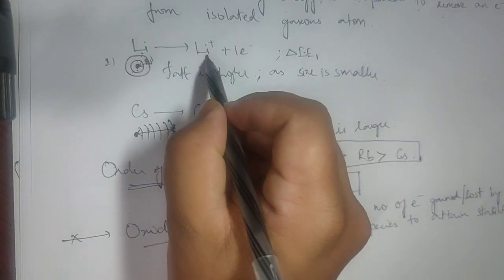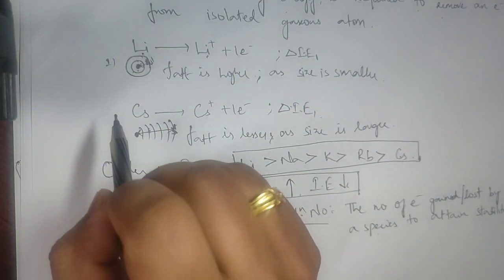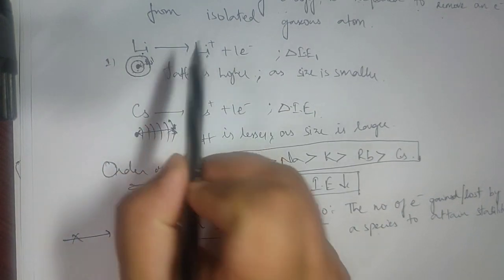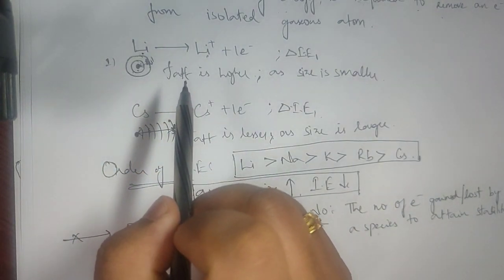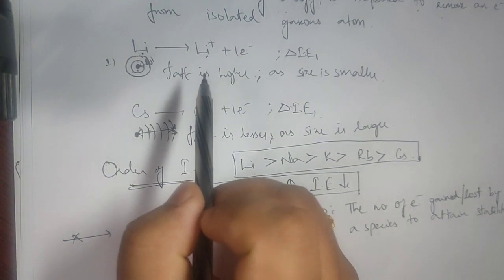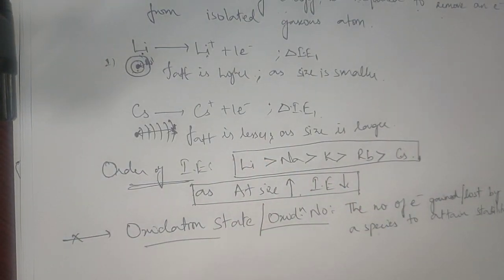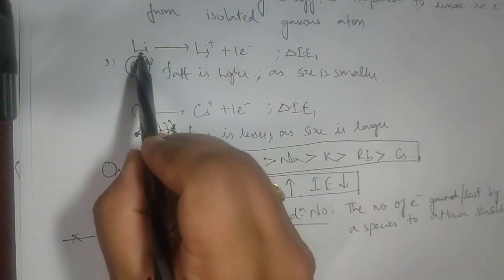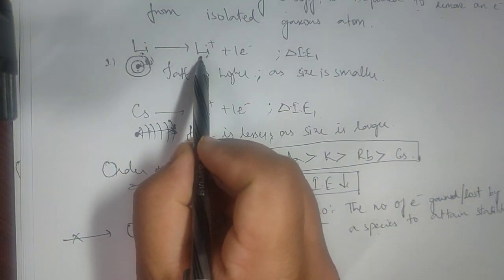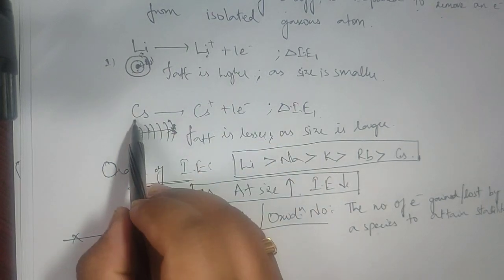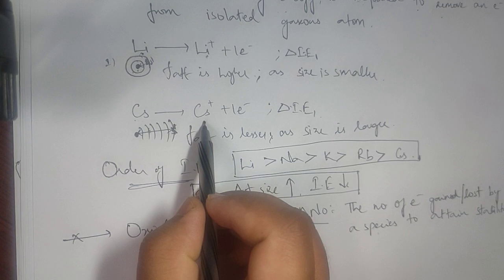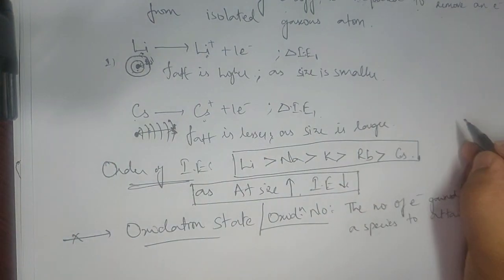If I ask you lithium and Li plus, out of these two, which is more stable? Think and answer. Sir, how can we justify? We know, in 10th or very beginning classes, you might have studied that stability all depends upon noble gas configuration. Whichever is satisfied by the octet rule is more stable, correct? So if I ask you lithium and Li plus, the noble gas configuration is lithium plus. If I ask you cesium and cesium plus ion, the noble gas configuration matches with Cs plus. Yes or no?